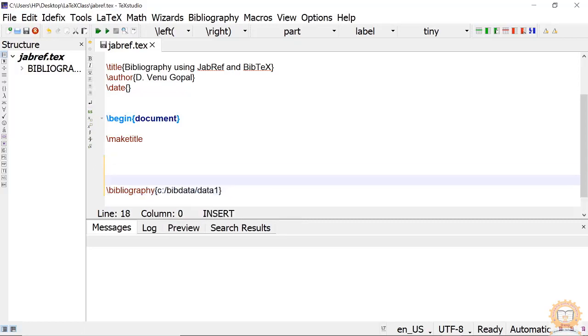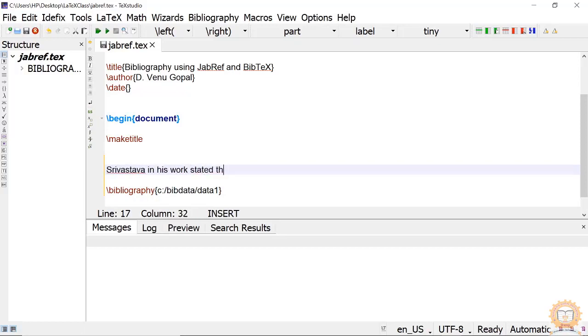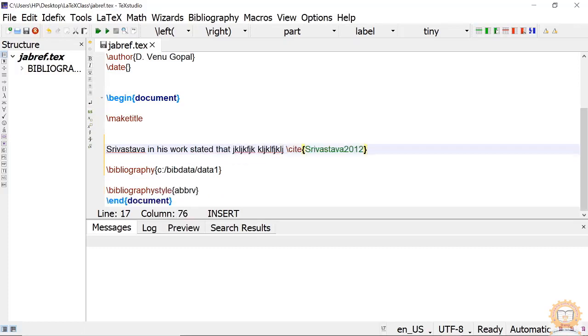Suppose I am writing something here. Some blah blah blah blah. So you want to cite it here. Just cite it like this. Okay. Then we are putting the bibliography. This is the bibliography and the database's name.